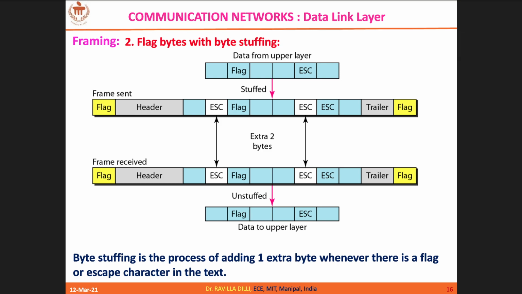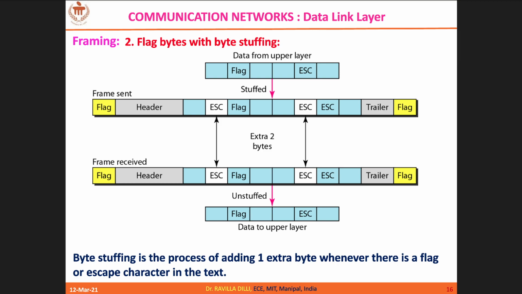Okay, at the receiver, how exactly does it help you to identify the frames? At the receiver, what happens? The flag pattern comes first, so we know that it is a beginning, then followed by header. And whenever an escape comes in the receiving data, you omit it. The first escape you omit. Followed by that is your data. That is how this technique works.